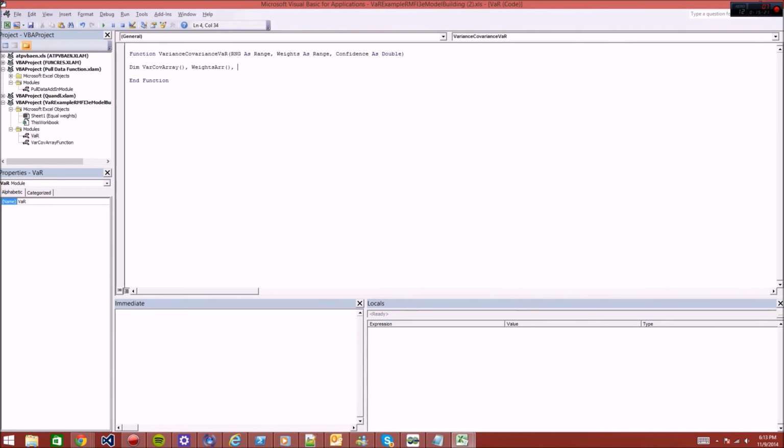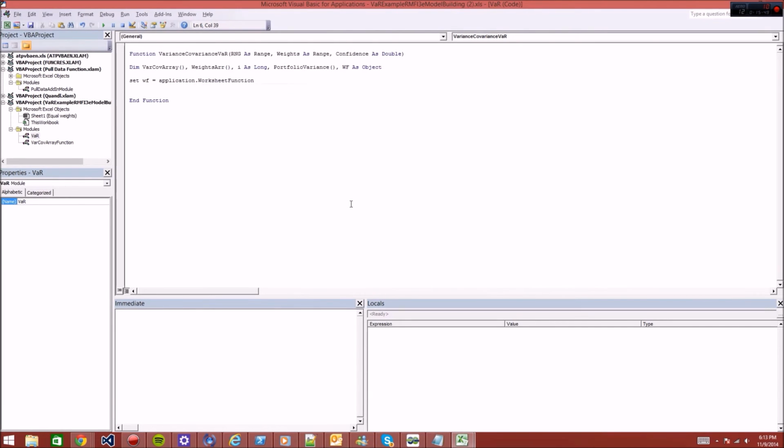We're going to need I as an iterator, so we're going to make this a long instead. This could probably also work as an integer. And we're going to need this portfolio variance array, which we're going to be using for matrix multiplication to calculate, and WF as an object again so that we can do the shorthand, same thing as before. Set WF equal to